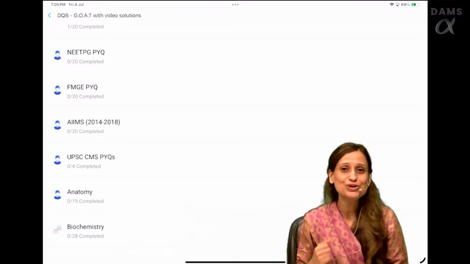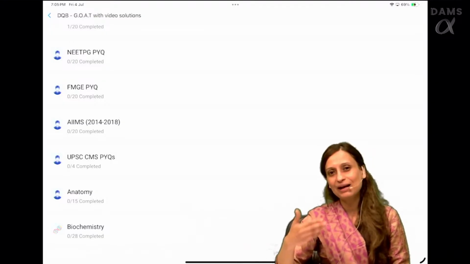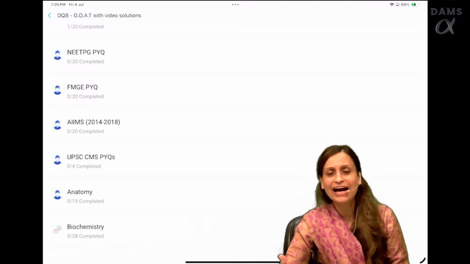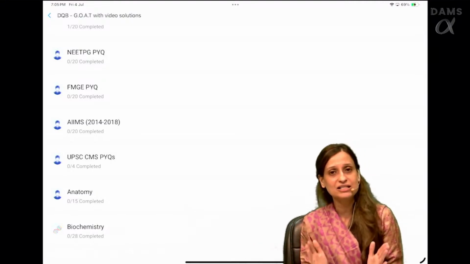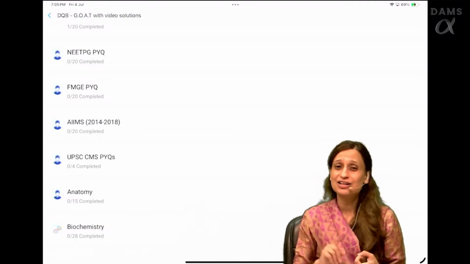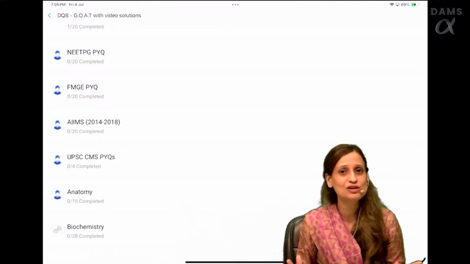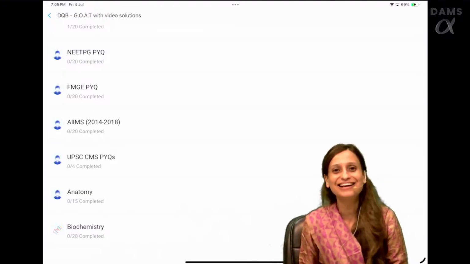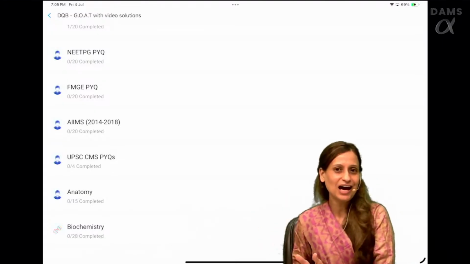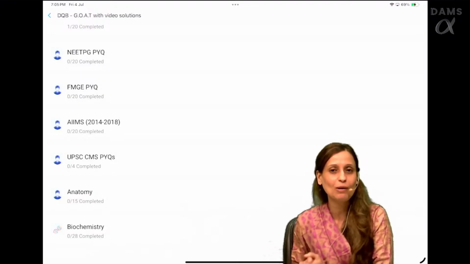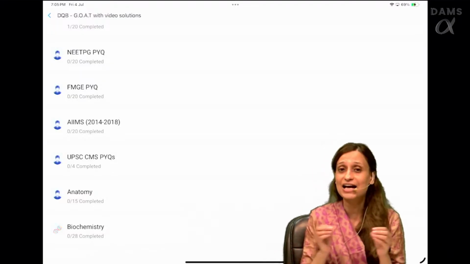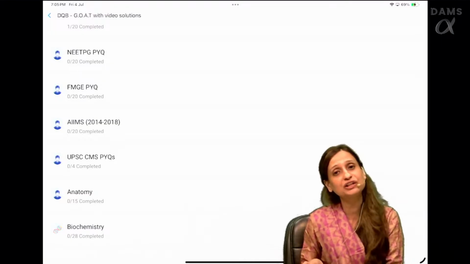Yes, if you want to take a hard copy, then you will have to order it separately, and you can do that from the MediMart section of the homepage. But the soft copies are already available, so most of you would not actually need the hard copies, because we are already giving you the soft copies of the handwritten notes as well as the workbooks, both within your course itself.